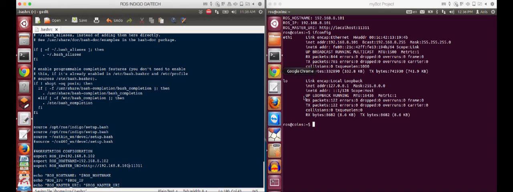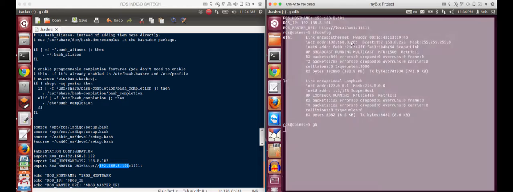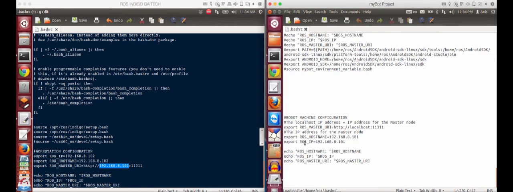So it corresponds to the IP address of this robot machine. Okay, so ROS IP is the IP address of the workstation. ROS hostname is the IP address of the workstation, and ROS master URI refers to the IP address of the robot machine here. Okay, so as you can see here, the ROS master is going to run on the localhost of the robot machine.